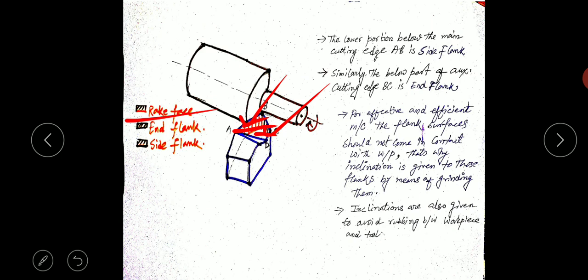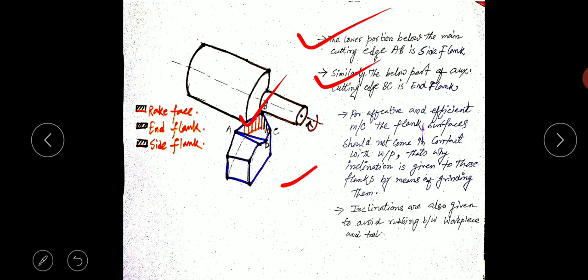If we want to define those flank surfaces, the lower portion below the main cutting edge AB is known as the side flank. The part below the side BC is known as the end flank.